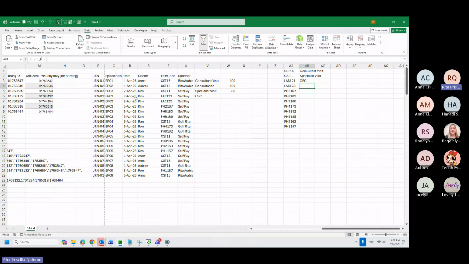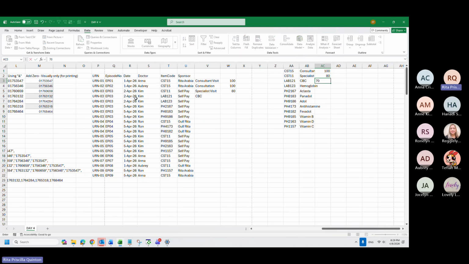So it's always recommended to use standard. Also for the price.